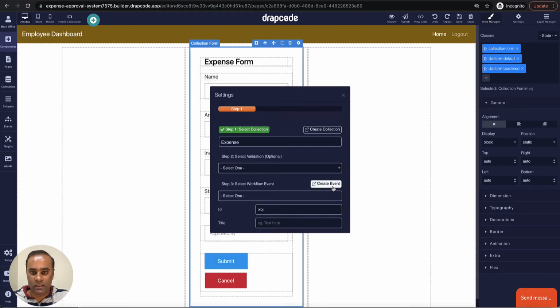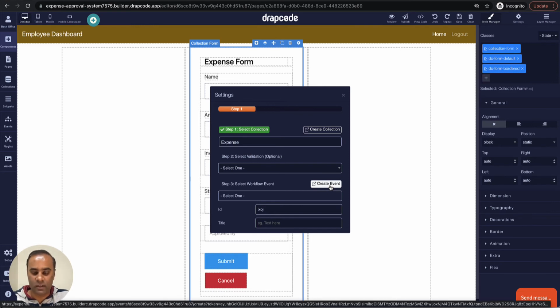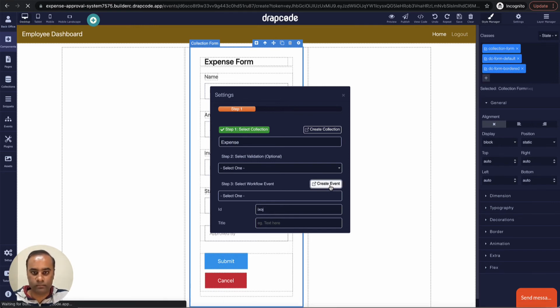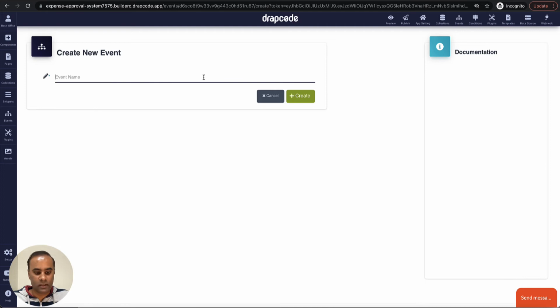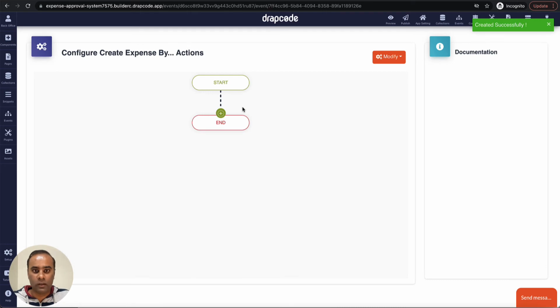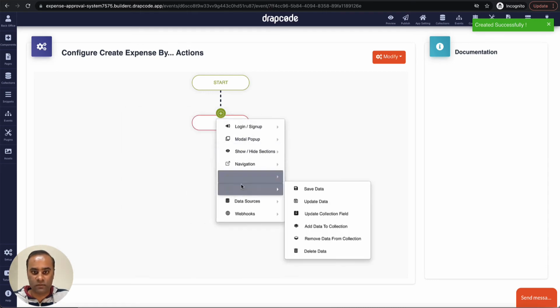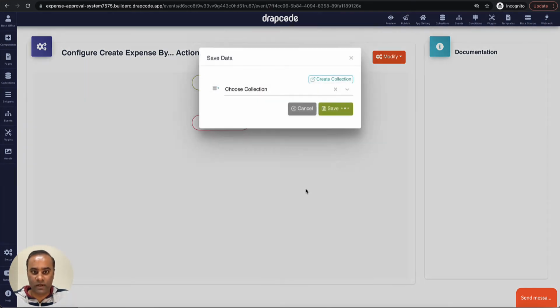We will need to assign an event since we don't have an event. So let's go and create one. So here we'll create an event called create expense by employee. Here I'll start the event. First of all, we'll say go to the collection and save data.